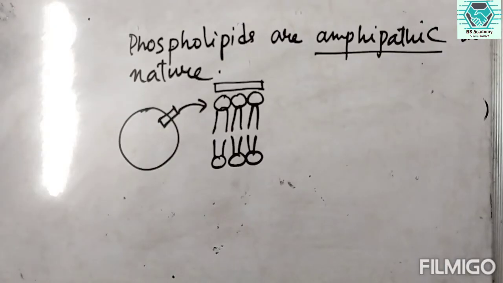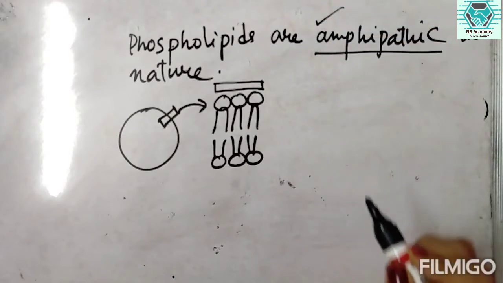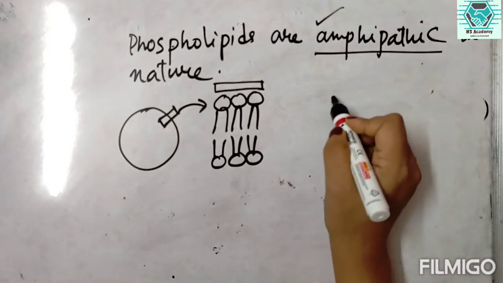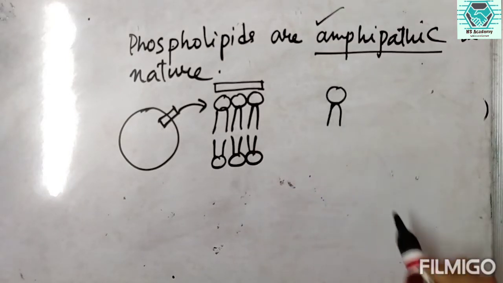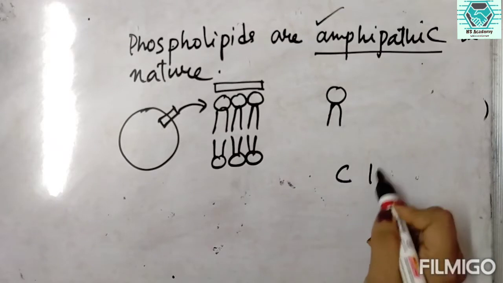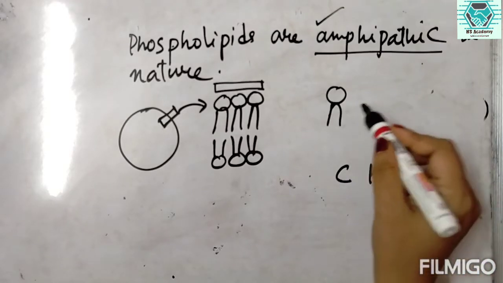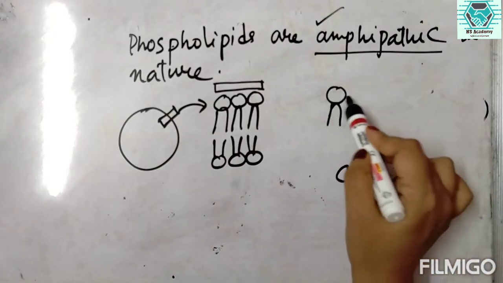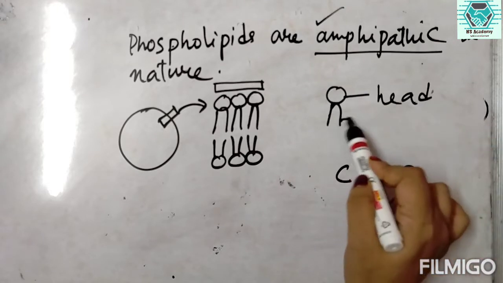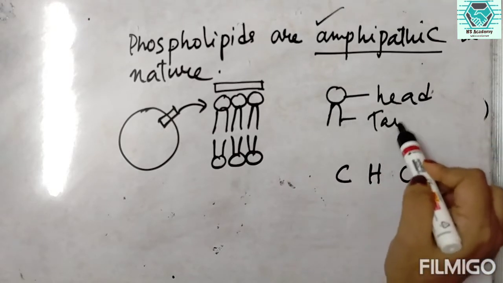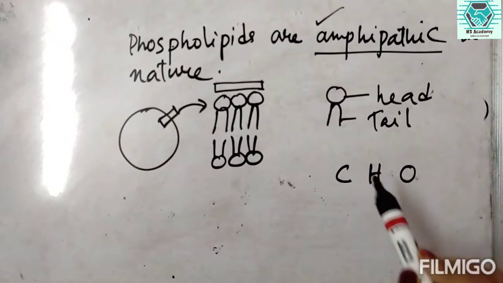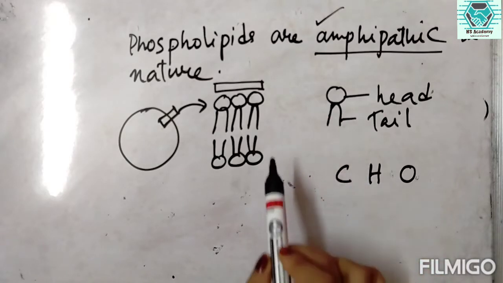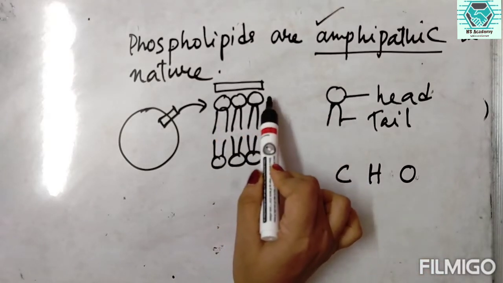So generally the phospholipids are amphipathic in nature. Now what do you mean by the amphipathic nature of the phospholipids? If we consider that this is a lipid molecule, because the lipid is made up of carbon, hydrogen and oxygen. So if it is a lipid molecule, it is the hypothetical model because this head portion is also made up of carbon, hydrogen, oxygen as well as the tail portion. So if we consider the molecule as this, so the head portion is